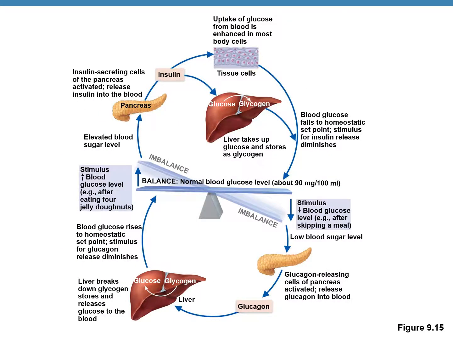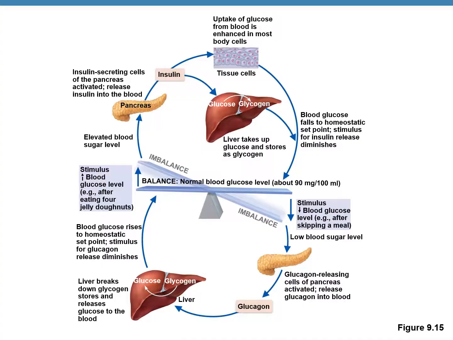This diagram illustrates glucose metabolism in the body. The balance is when normal blood glucose level is about 90 milligrams per 100 milliliters of blood. When the blood glucose level starts rising, the pancreas secretes insulin. Insulin causes the blood glucose level to fall and brings back homeostasis. When the blood glucose level is lowered, then the opposite needs to take place. So the pancreas would secrete glucagon, and the glucagon would bring the level of glucose up in blood again.